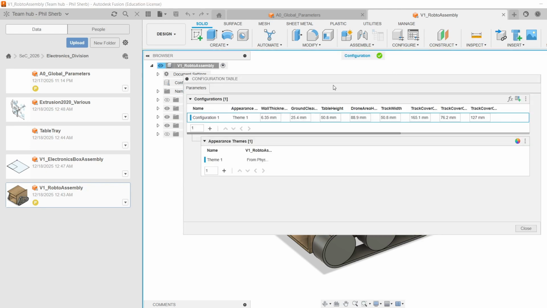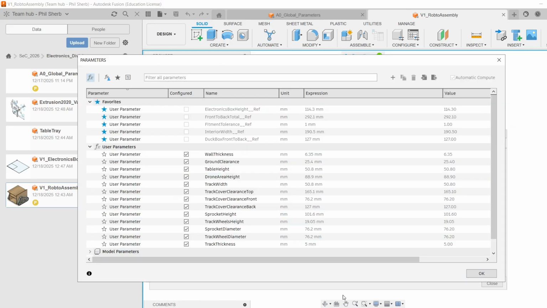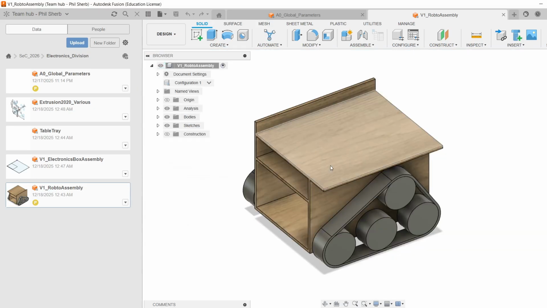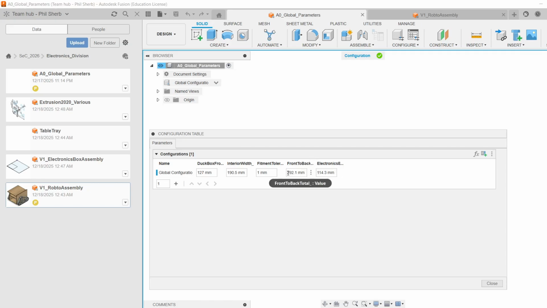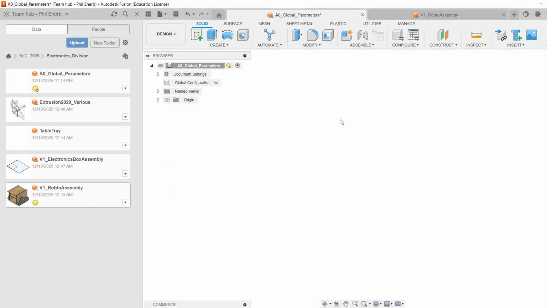If we go into our, and I'll explain what this all is, what you're looking at first. Front to back total is a global parameter, and you can see it's set as 292 millimeters, which matches this guy. If I go into my global parameters and I change it to 392 and then save,